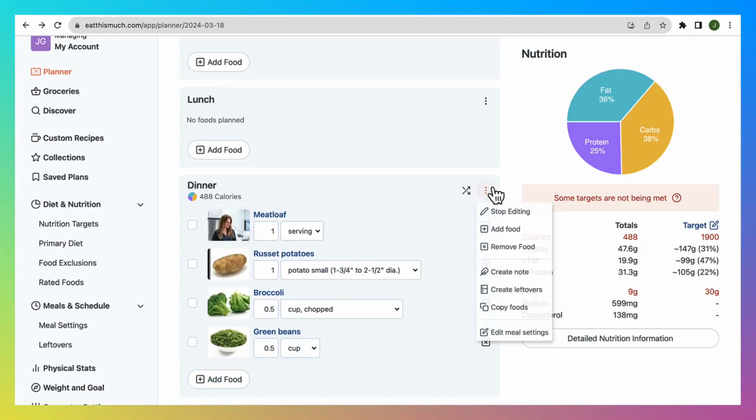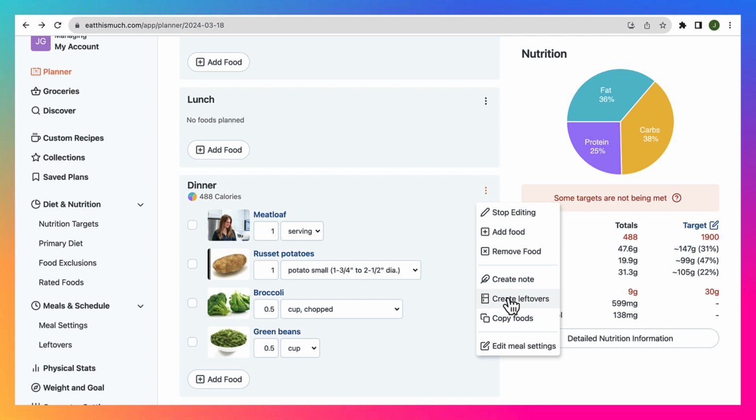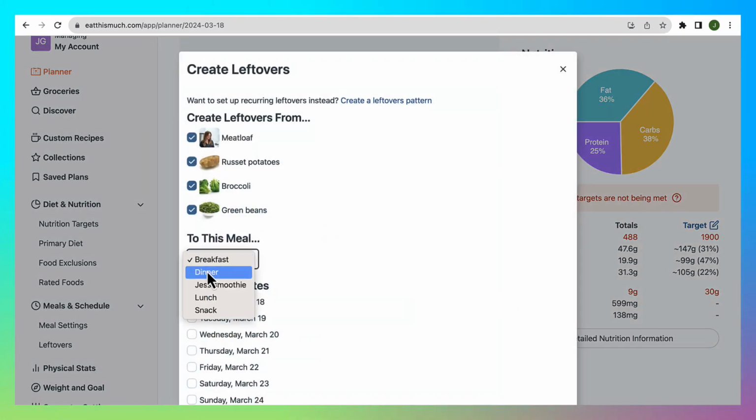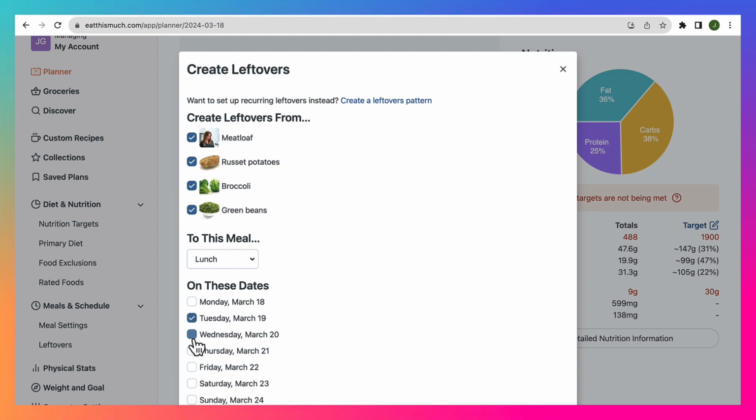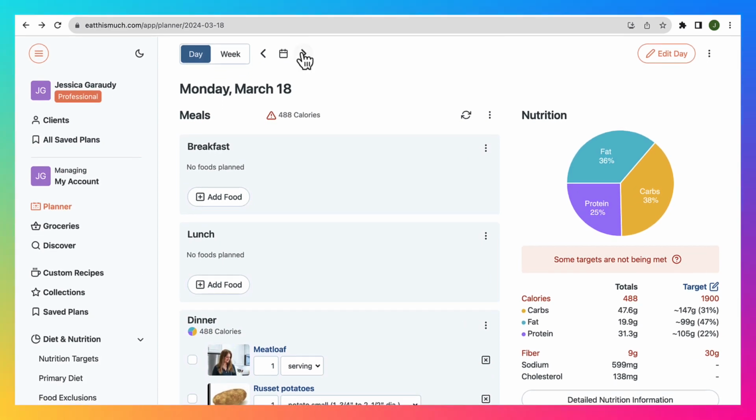to plan, or you can copy it for the next day. So we can create leftovers. So let's say we want to create lunch leftovers for the following day, or maybe 2 days, let's say. Then if we go to